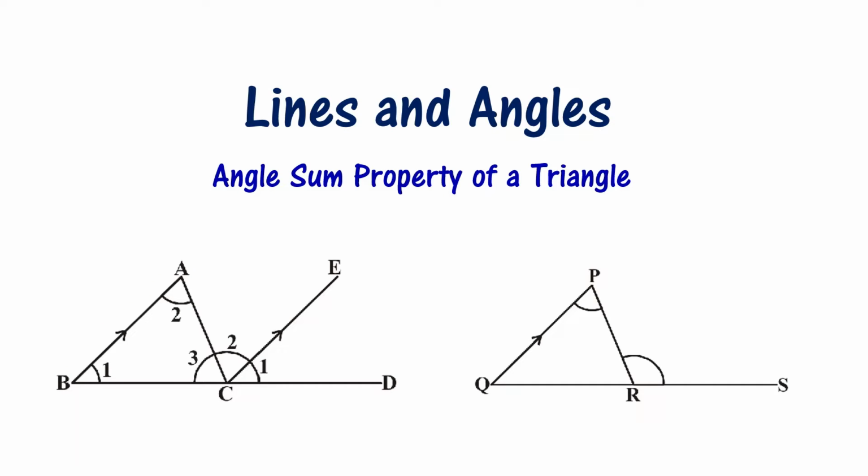This is part 4 video on lines and angles chapter of 9th class mathematics. ఈ వీడియోలో we are going to prove two theorems. First theorem ఏంటంటే sum of the angles of a triangle is 180 degrees అని. The second theorem is the exterior angle of a triangle is equal to sum of the two